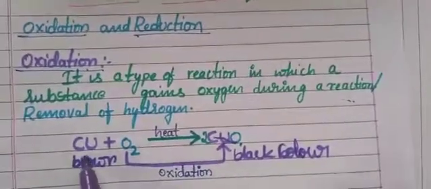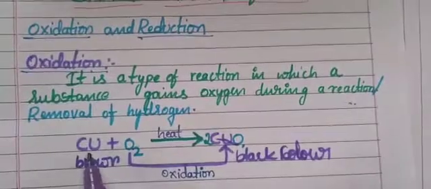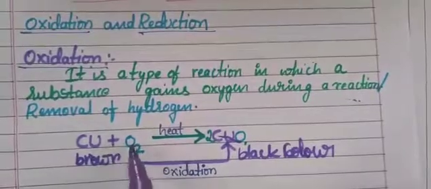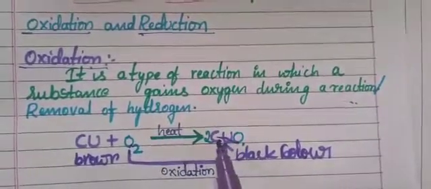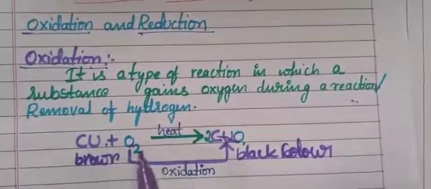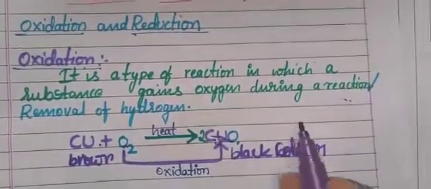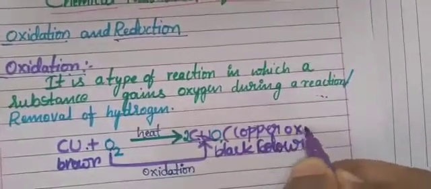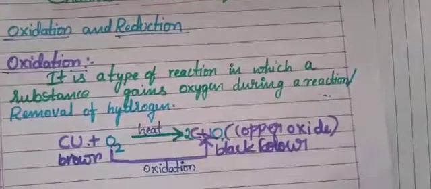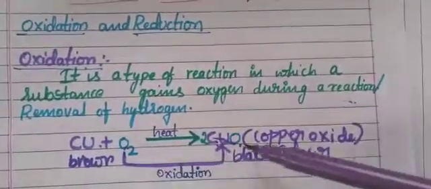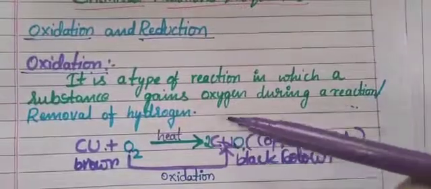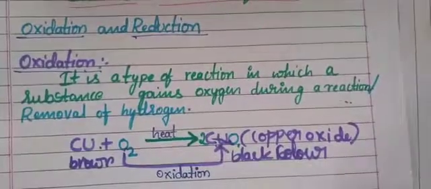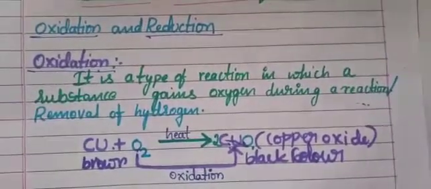And here you can see copper is there, and oxygen is adding. So what we have got, this oxygen is combined with the copper. Hence this reaction has gained oxygen, right? So copper, on addition of oxygen, we got copper oxide. This we call copper oxide. Here, since oxygen is added to the reaction, we can call it an oxidation reaction. And also removal of hydrogen, we also call it an oxidation reaction.